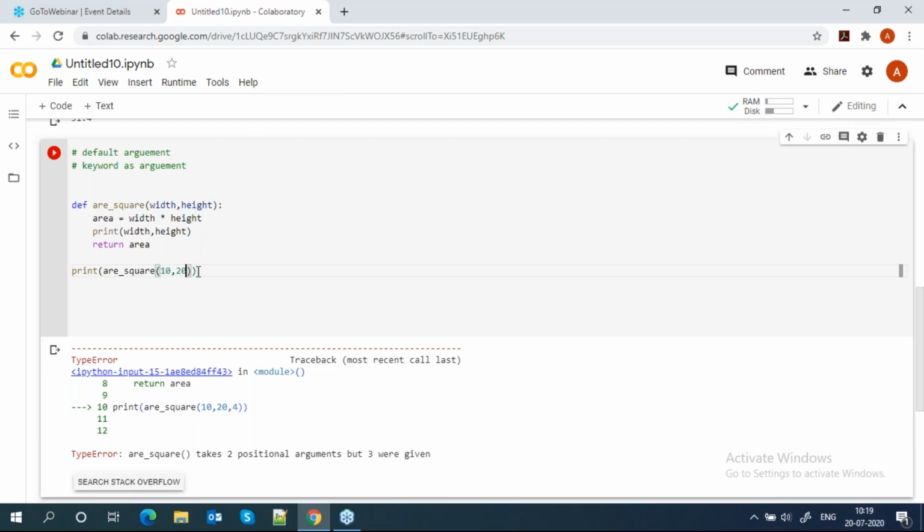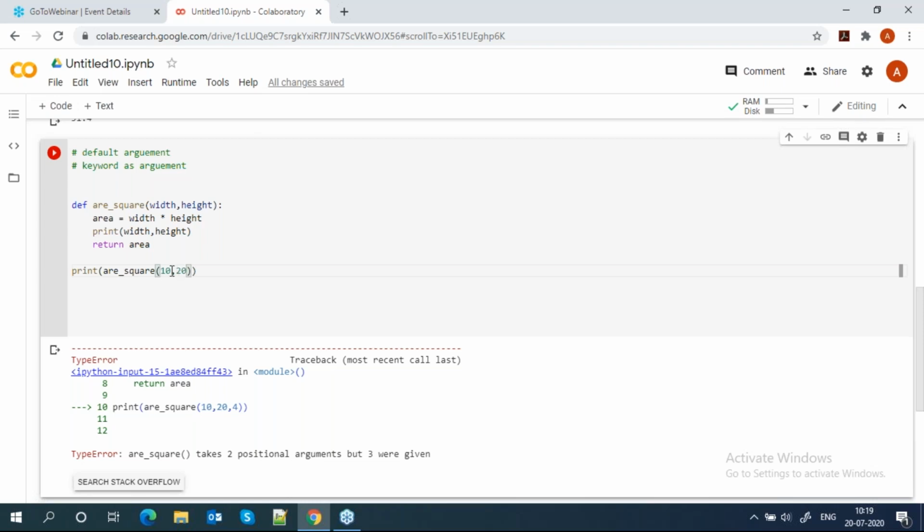Do you have an option for passing arguments at runtime? Yes, this is the runtime. This is the argument we pass at the time of calling the function. This is completely runtime.